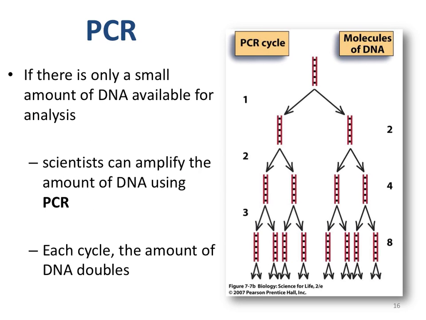Okay. So this is kind of how it goes. You have a DNA. Scientists can amplify using PCR, so you got 2 copies, and then 2 copies. You got 4, and so on, until each cycle the amount of DNA doubles, like an exponential